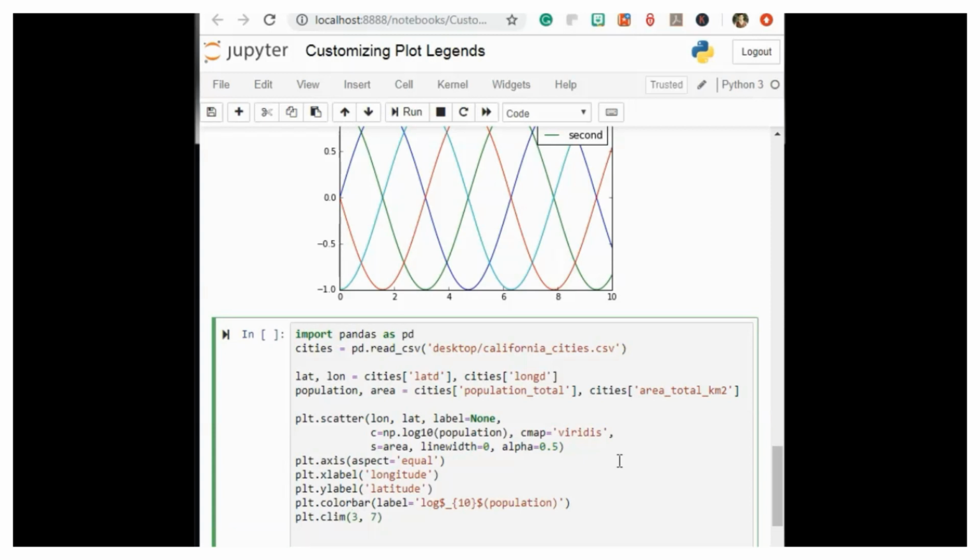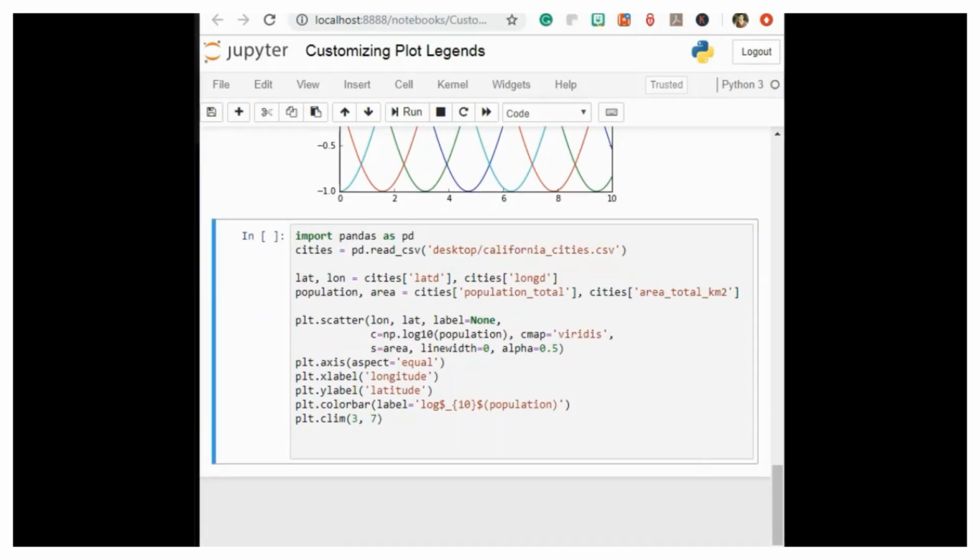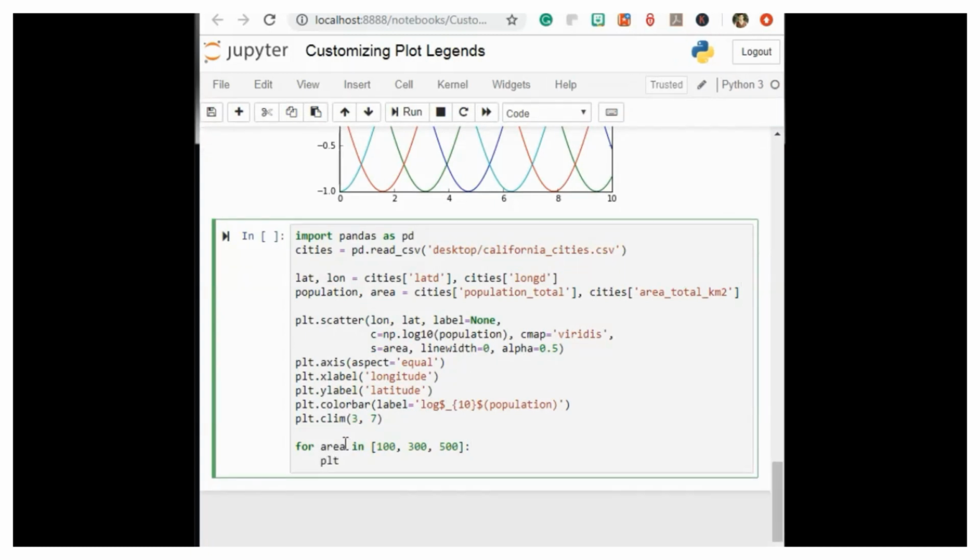37. Now here we create a legend. We'll plot empty lists with the desired size and label for area in 100, 300, 500. plt.scatter, c equals k, alpha 0.3, s equals area,